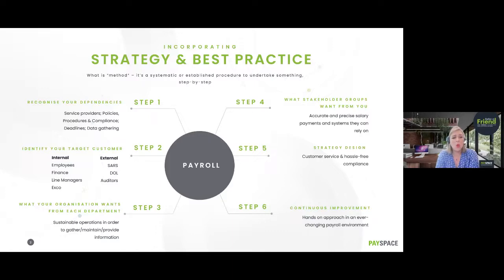Step 3, what your organization wants from each department. So ultimately, an organization's got a lot of departments, which forms a greater company. Every one of us is obviously employed in the entity to fill a specific role. And that's why the ultimate goal is management or EXCO trusts all of these people in these different roles in